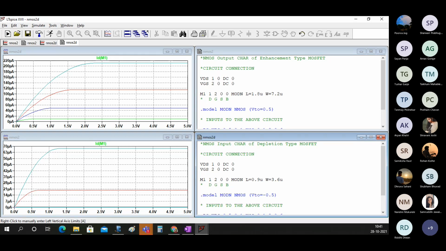If I make length and width both half of the previous, will the current increase or decrease or remain the same?